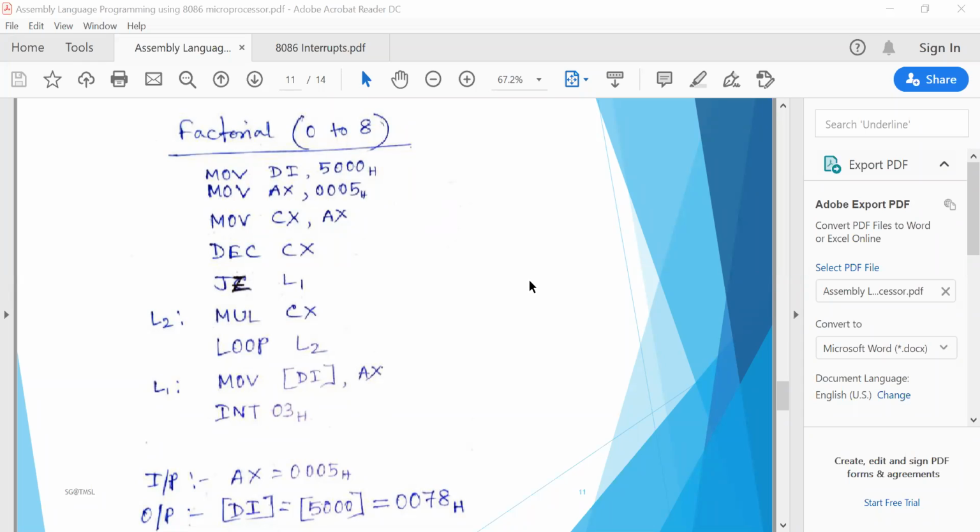Is it there? Now I have taken 5 into one register. So the same number must be stored inside CX register, so that after decrementing CX register by 1, we can get 0004. Is it clear? So in AX that is 0005, in CX that is 0004, so that we can multiply these two numbers. Because my aim is we have not initialized any external data byte as 0004. Okay, it is not my requirement.